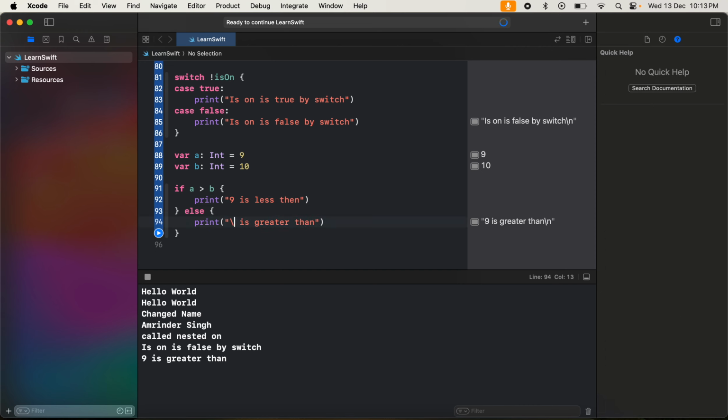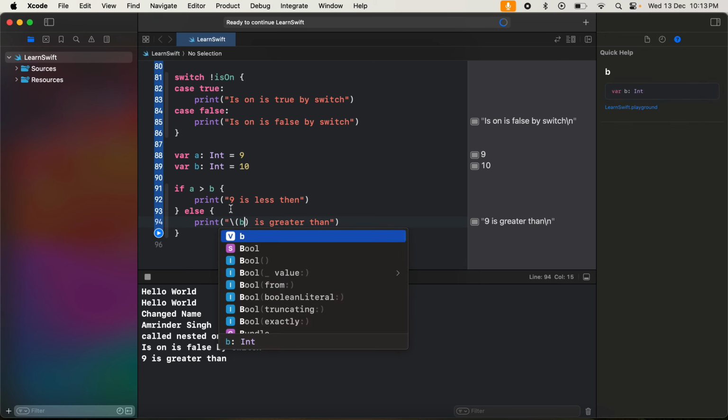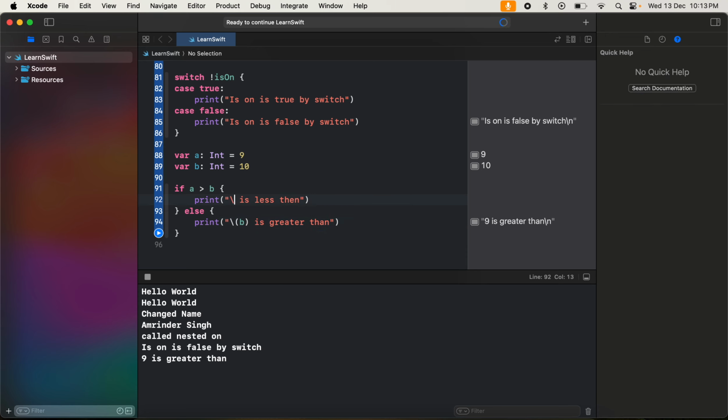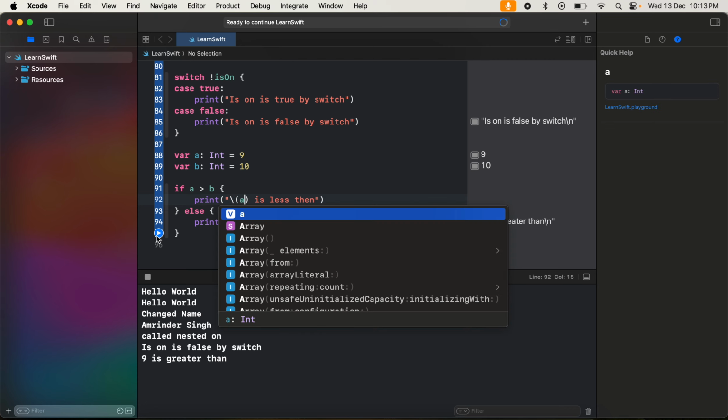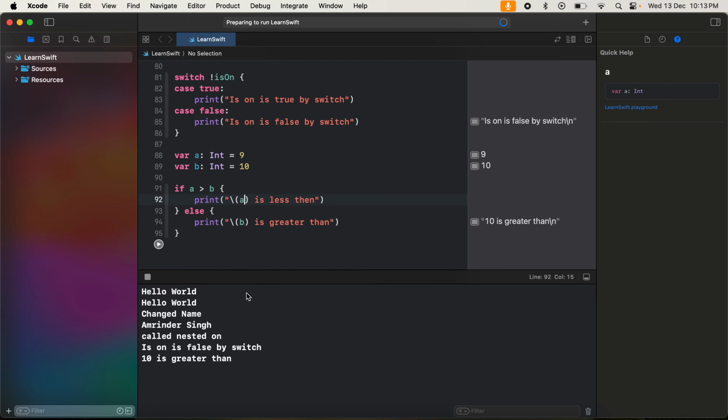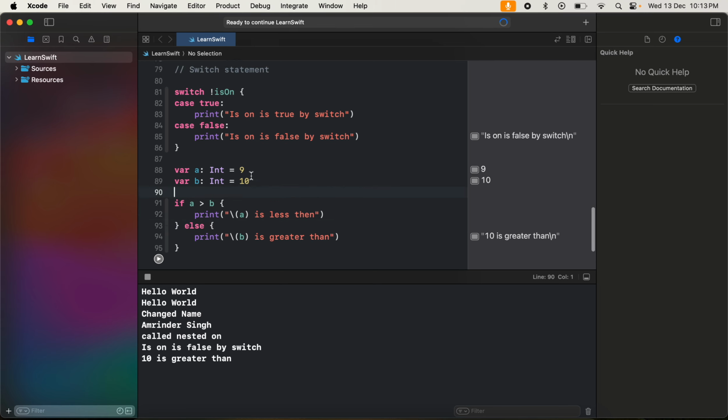Okay, let's do here b is greater than a, but if a is less, then print a is greater than 10. Right? So we printed the correct value. Okay, now let's check with